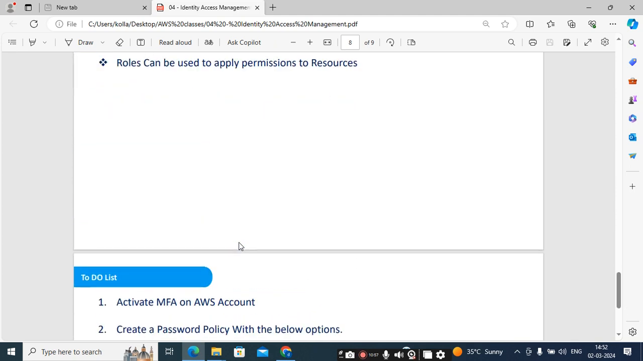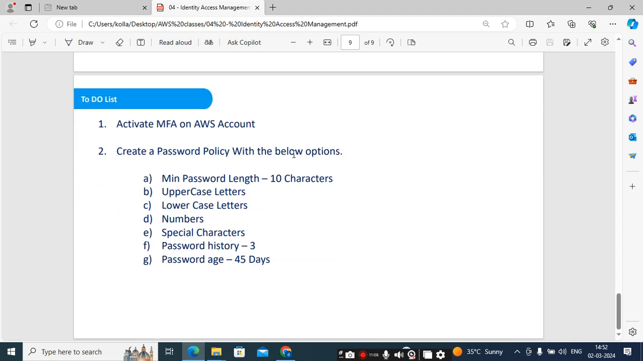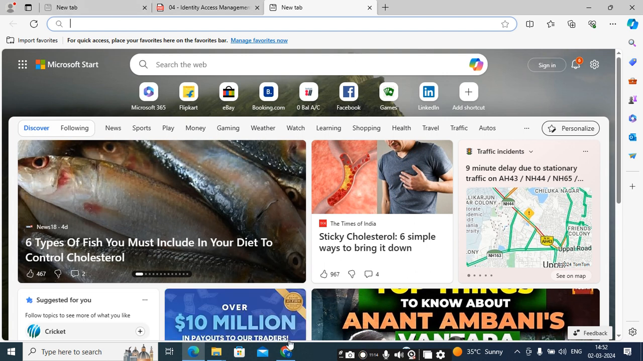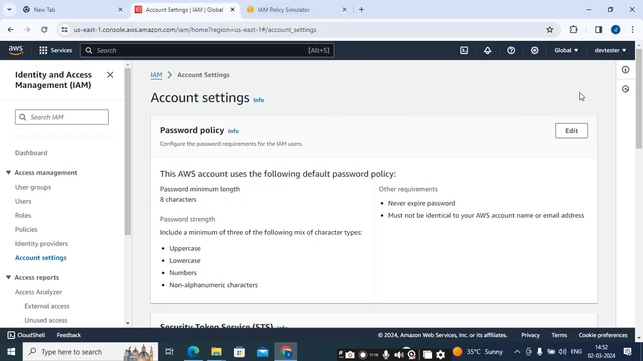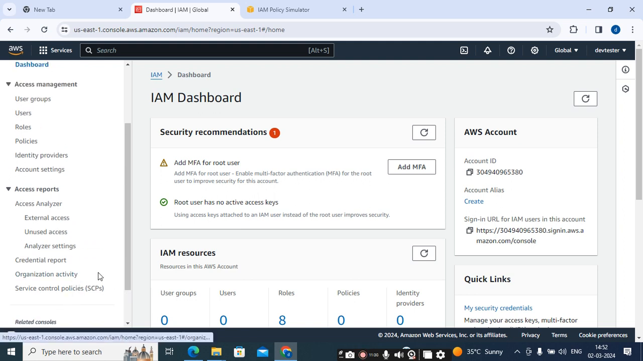Okay, and next, activate MFA on the AWS account. We already implemented this in the previous class. Then create the password policy. I just want to set the password policy, and I will show you how I am going to implement it. Just a moment. For password policies, I am going to open IAM. So here we have, just a moment,